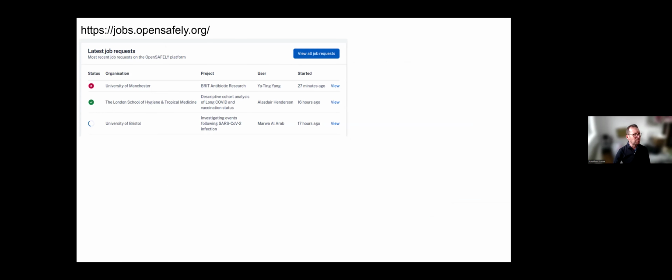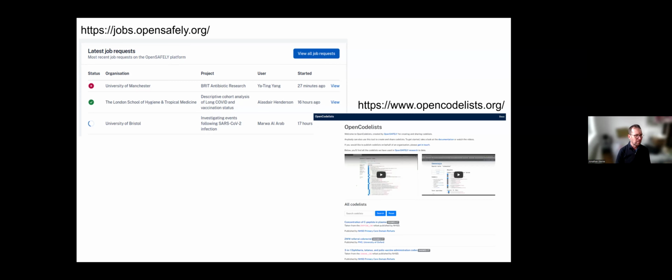If you go to the jobs server, jobs.opensafely.org, you can see the jobs that are currently being run against the real data, and get outputs like this. All code executed against real data is stored, is logged, and therefore can be inspected subsequently,